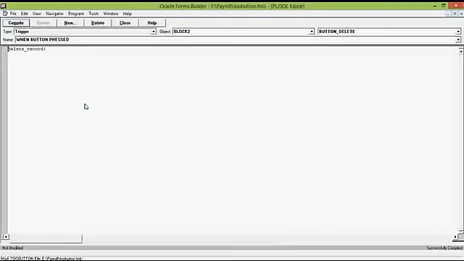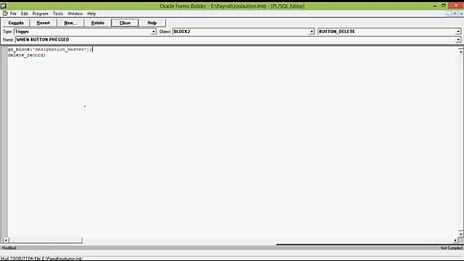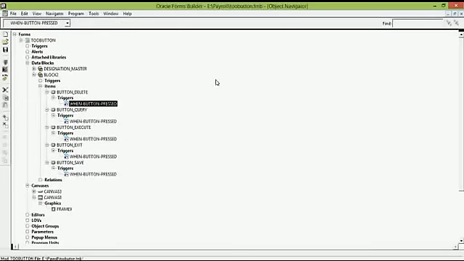So we need to add one statement here, that is go block, which will help to navigate to the block designation master, where the command will be executed.